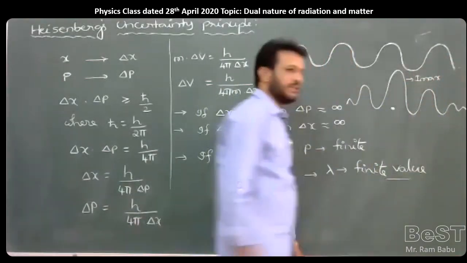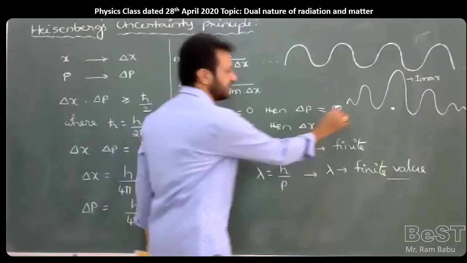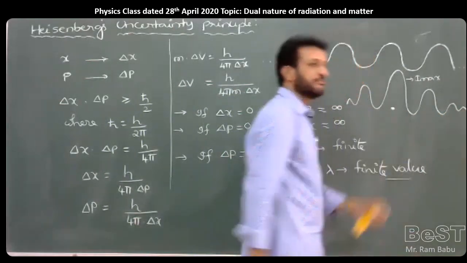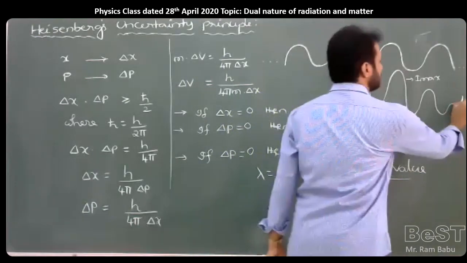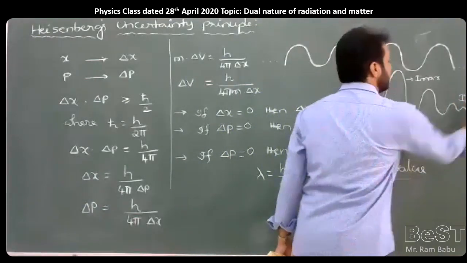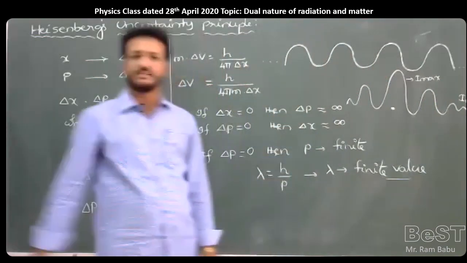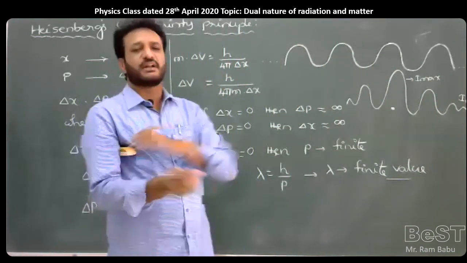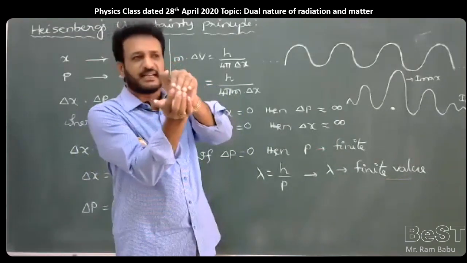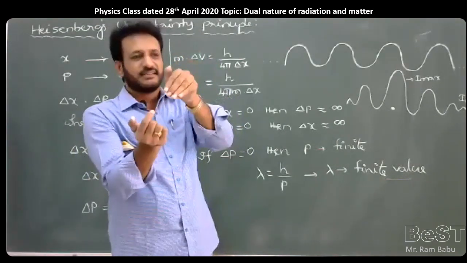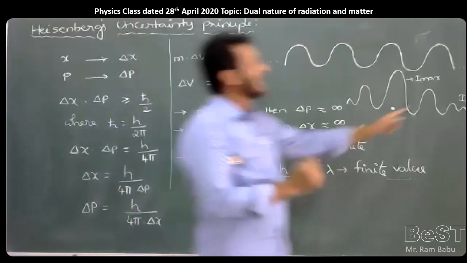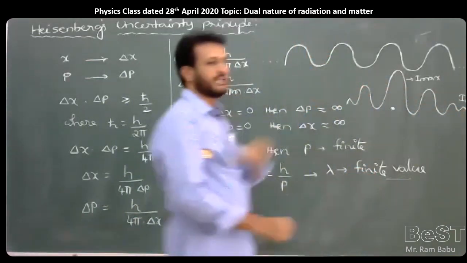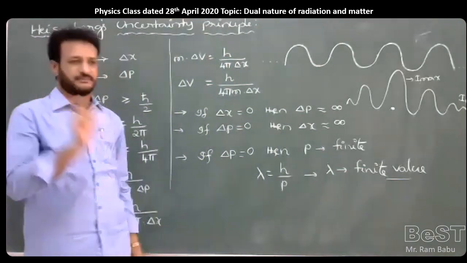And for example, at some other place I choose here. Here, if you select, what about the amplitude or intensity? Minimum, almost equal to 0, we can write I minimum. And where it becomes minimum, where there is no probability of the particle, there all the waves are destructively interfered like this. They try to cancel, and because of this cancellation the amplitude or intensity becomes minimum. This concept was given by the scientist Max Born.